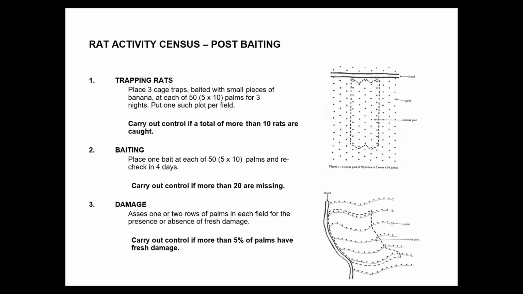Normally after baiting, you won't trap any rats, okay? And if you bait properly, you can also use bait as an indication. So you place the bait, and then 4 days later you check. If there's no rat, then the bait will be there. If there's rat, then the bait will be missing. So if 20 baits are missing, you have to do rat baiting again. That means you didn't do it properly. Okay. So the other one is, of course, your normal one, the field damage sensors. This is a more accurate sensor. If you can see the palm, you do the fresh damage sensors method. Okay. Next.